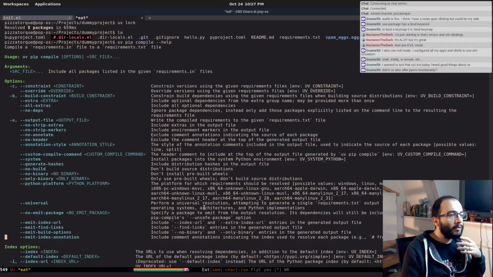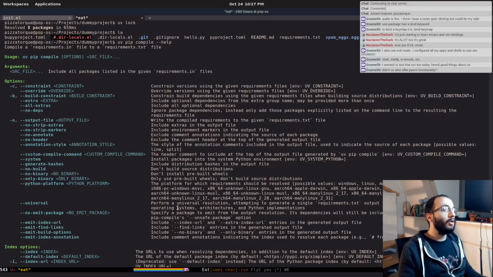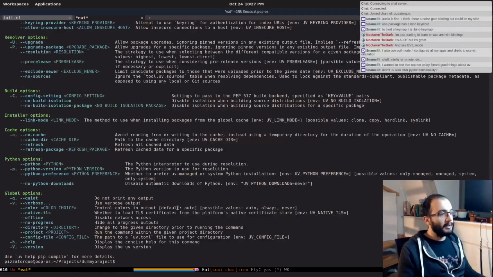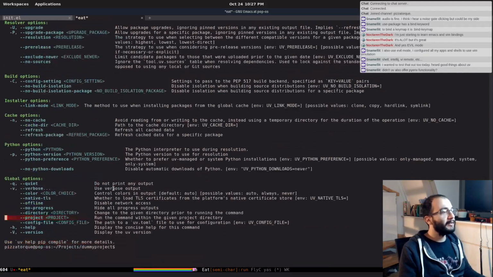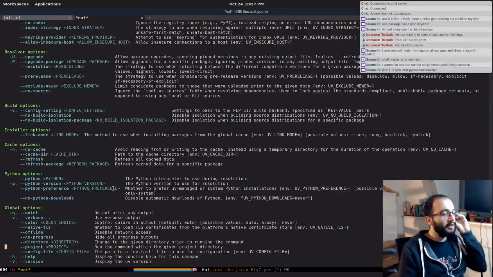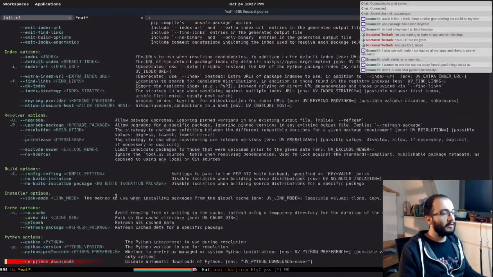Universal. Perform a universal resolution, attempting to generate a single requirements output file that is compatible with all operating systems. Oh, this is nice, although I'm pretty sure this, in certain fields, probably this doesn't work as often as you wish it would. But it's a very nice thing that they're